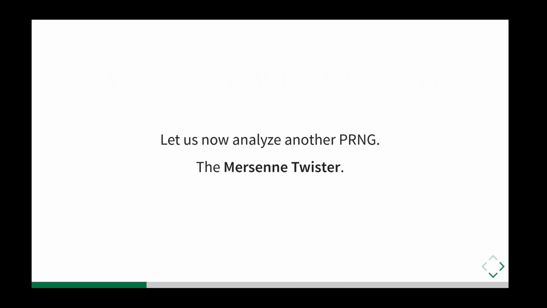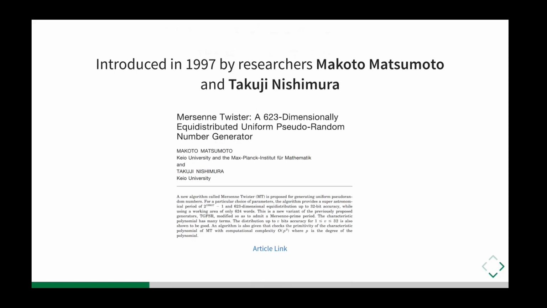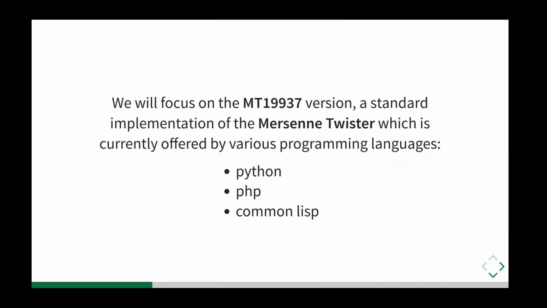So let's analyze this other PRNG, which is called the Mersenne Twister. It was introduced in 1997 by researchers Matsumoto and Nishimura. Here I put the link to the article. Sometimes when you have the time, it is always cool to actually read the original articles, the original papers. So it is interesting. Now there are different implementations of this generator. This generator has a lot of parameters. We will focus on a specific implementation, which is called the